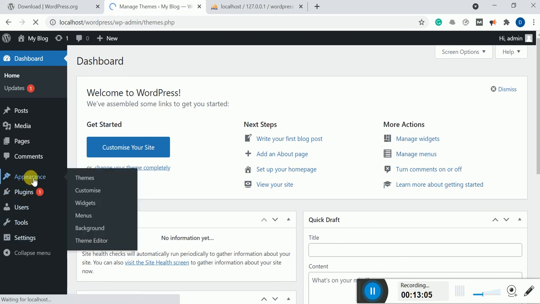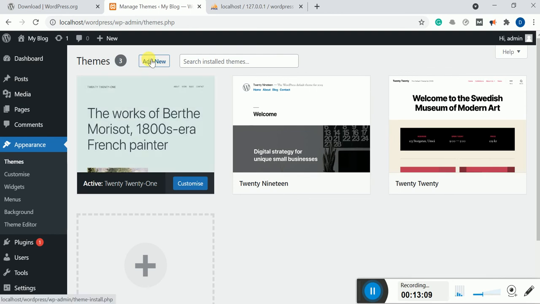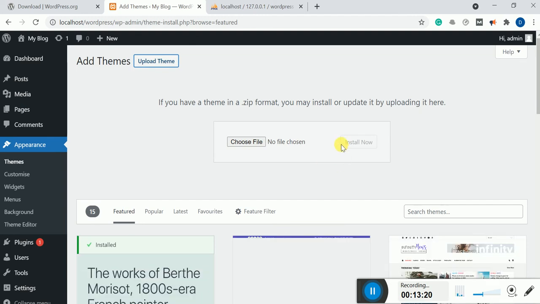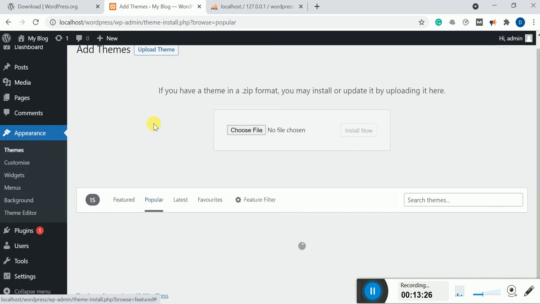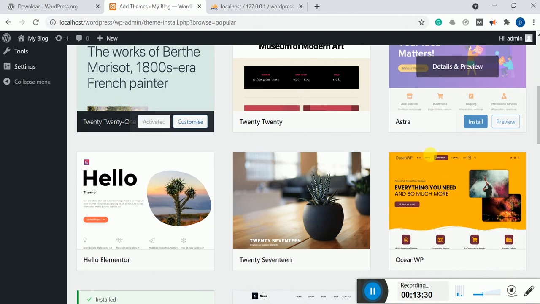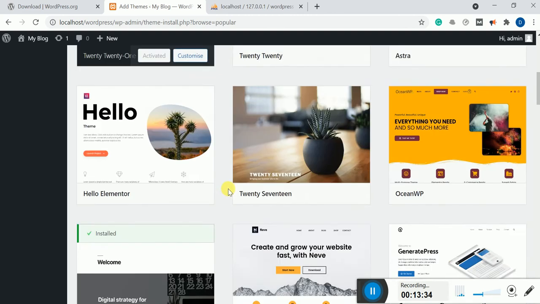Now if I come to appearance, I can actually download a theme from wherever. I can purchase a theme from Theme Forest. I can click on add new, and click on upload theme and port my theme from here. Then I can also go for the popular themes, and from here I can install a theme,